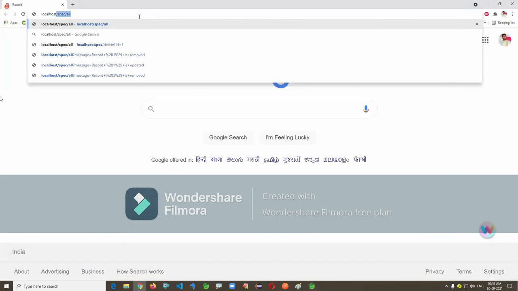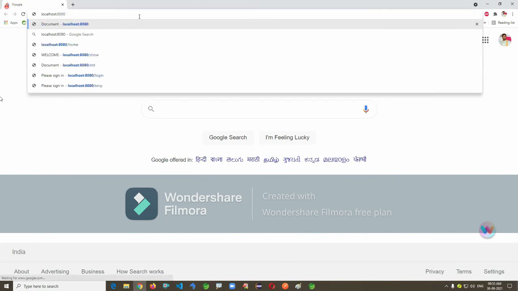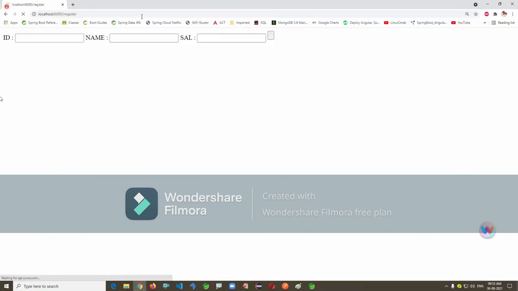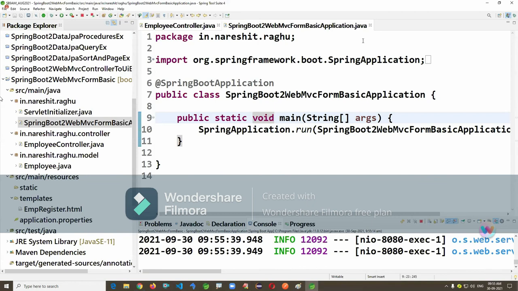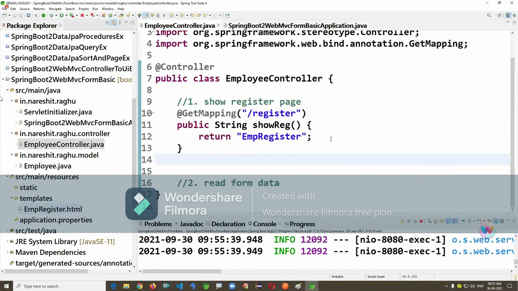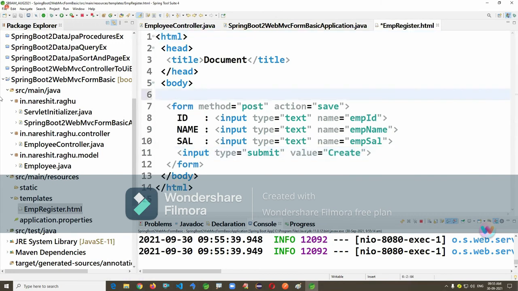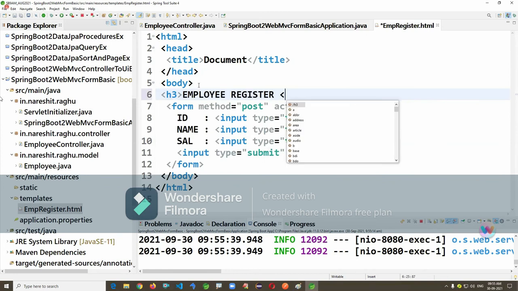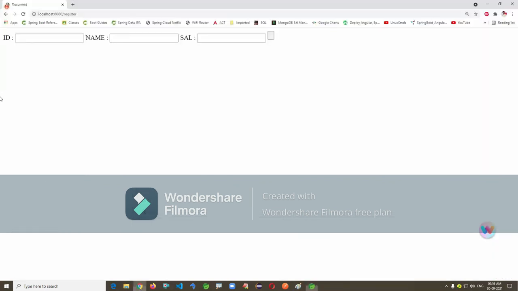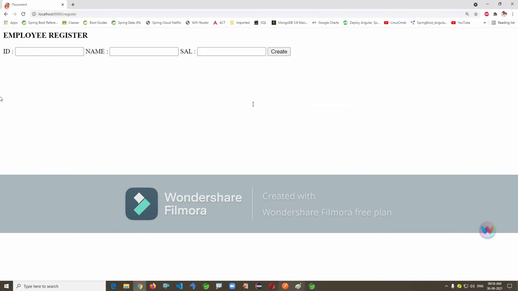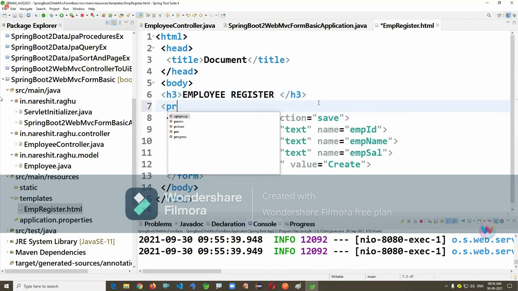Localhost 8080/register. There is an output. I am writing a simple tag, pre.